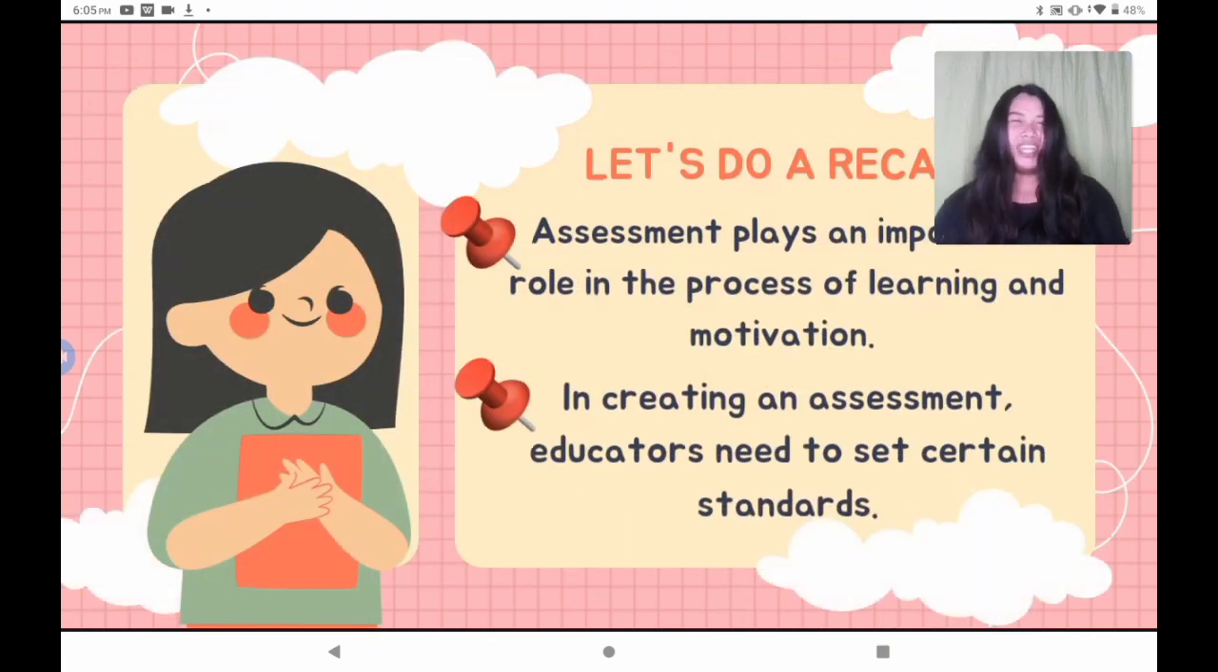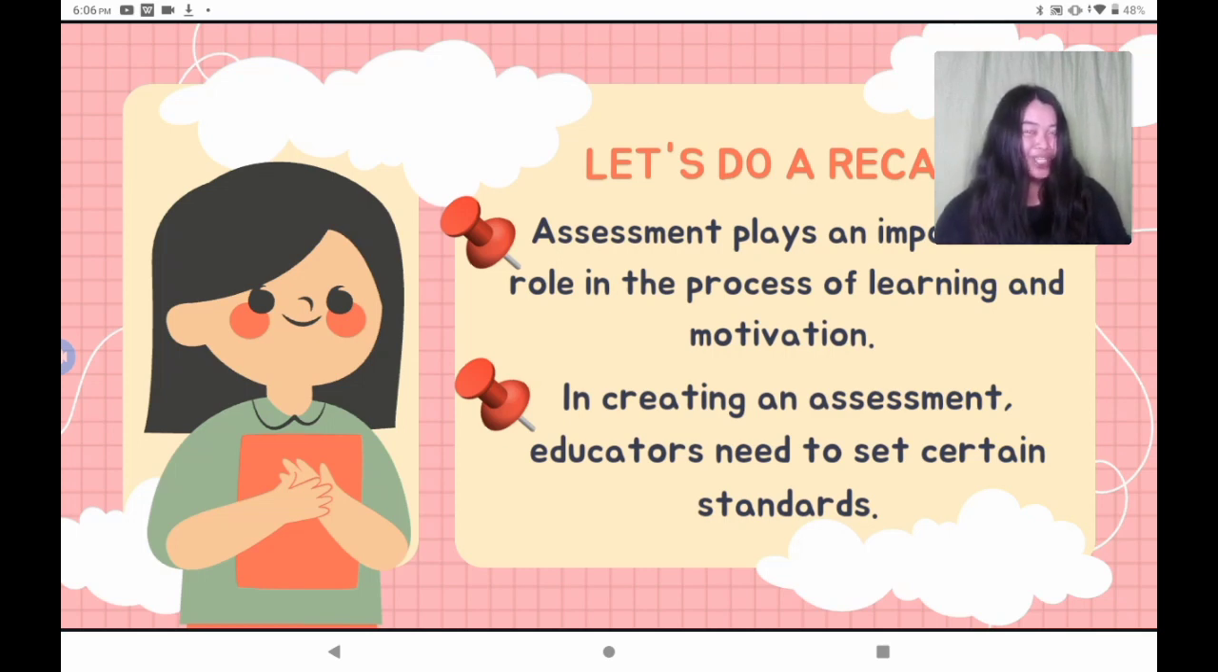So before we begin, let us first do a recap altogether. Assessment plays an important role in the process of learning and motivation, wherein, as future educators, we are very much aware that the nature of assessment is to assess the students' learning as to the extent of how they learn. When we say the extent of the students' learning, this simply pertains to how far they have learned according to a series of discussions and engagement that we are able to do inside the four walls of